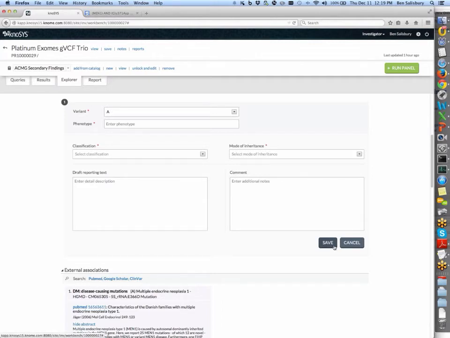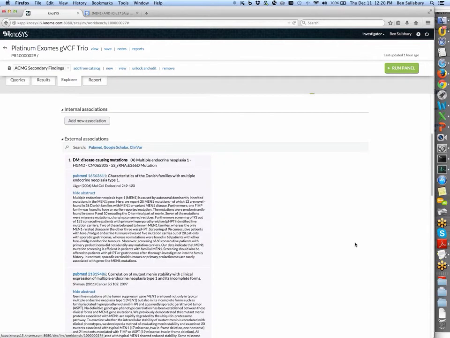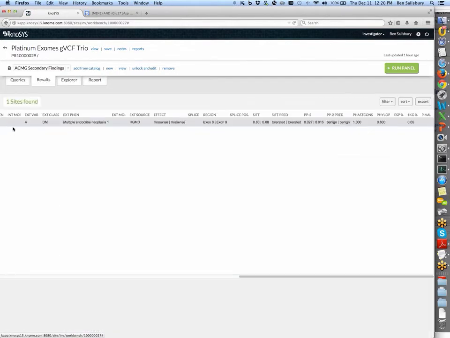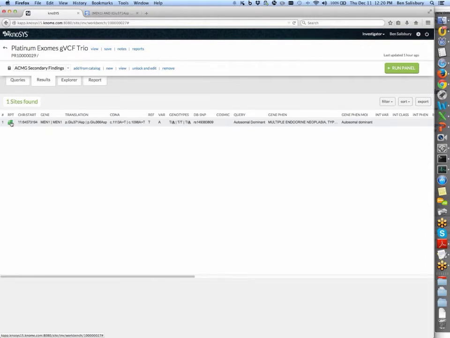And once you save this into the system, you now have a record that's available for reuse. Anytime you encounter this variant again, it will show up in the variant table, and it will show up here in these annotations. And you can create multiple records for different phenotypes, and you can update these as well. So there's the opportunity to put on a new timestamp or revise that association, fill in some details, etc. So having reviewed all of that, we might decide that this is a relevant variant for reporting.